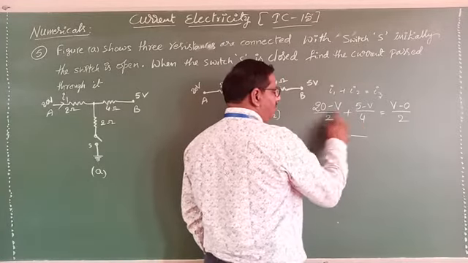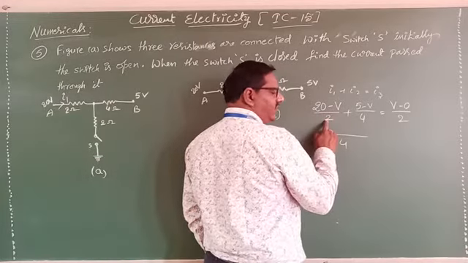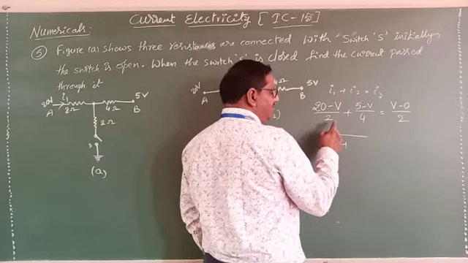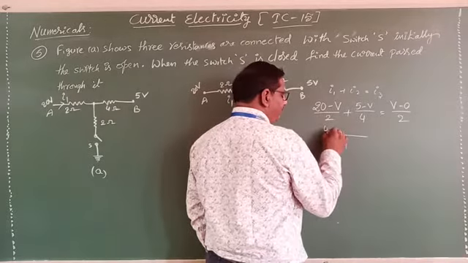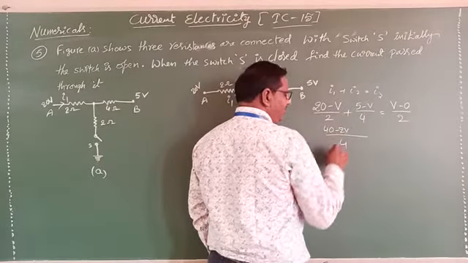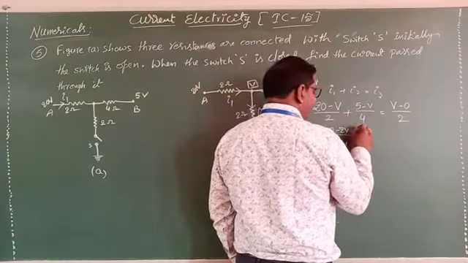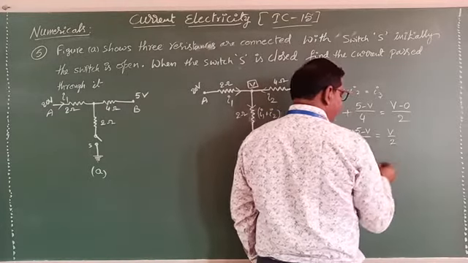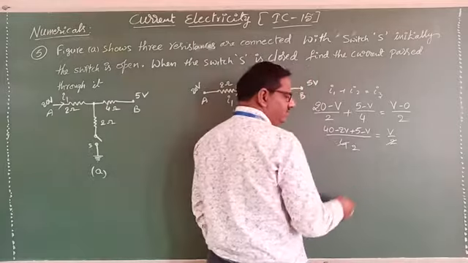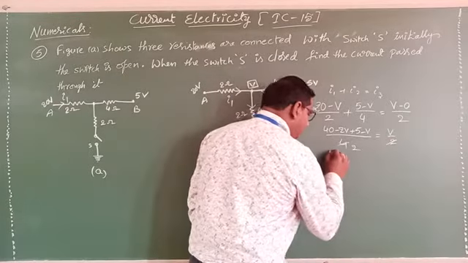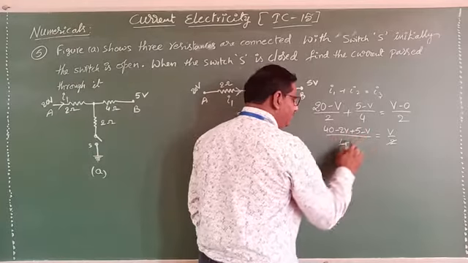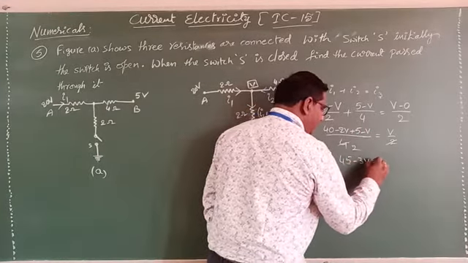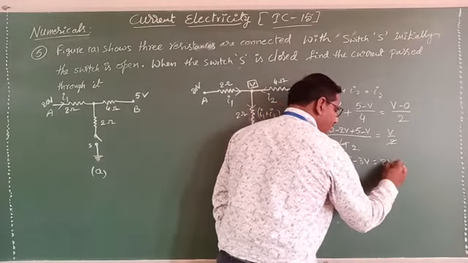Okay. Now 2 into here, already 2 is there. So 2 will be in 4, 2 times it will cancel. 2 into 20, how much is it? 40 minus 2V. Here, same, plus 5 minus V, that equals V by 2. Now here 2 times. This 2 will move that side. Then, here see that. 40 plus 5, how much is it? 45 minus 3V, that equals 2V.